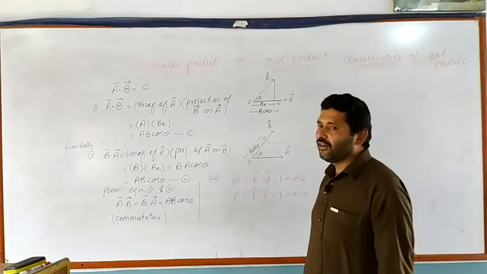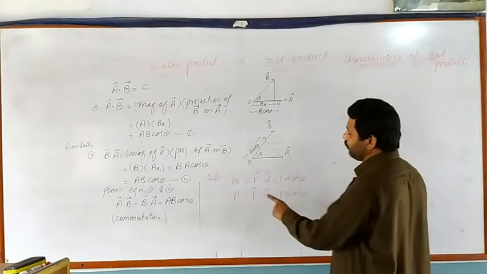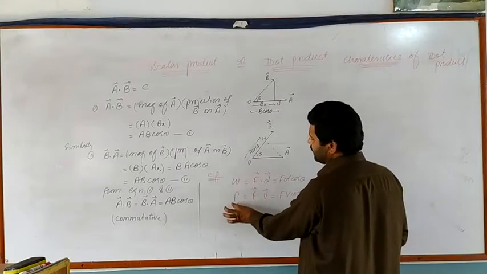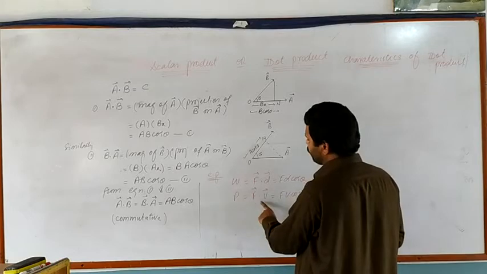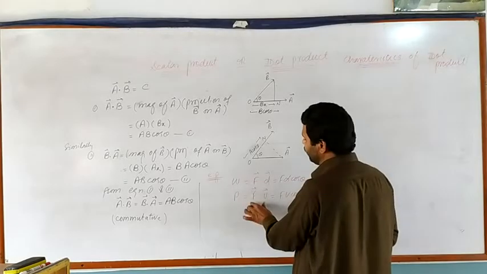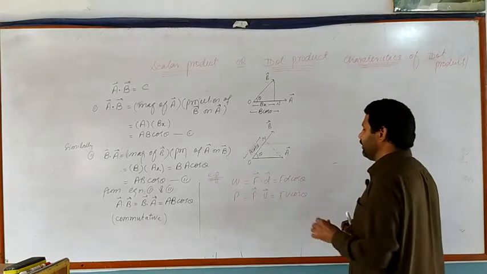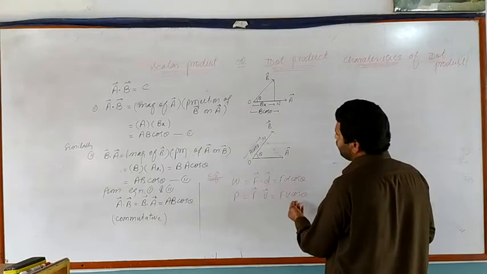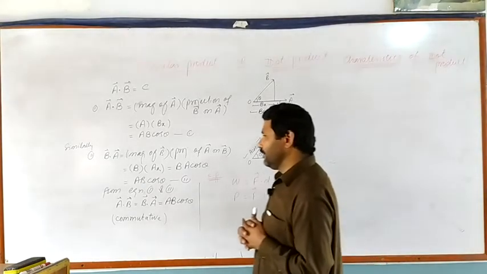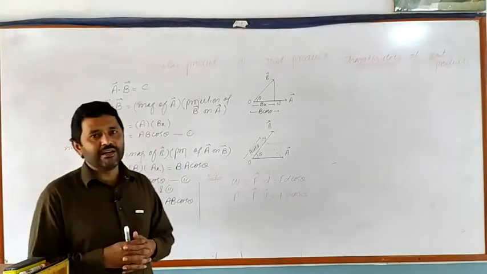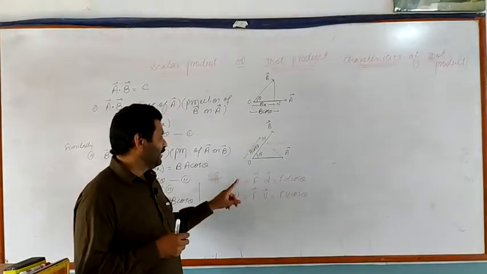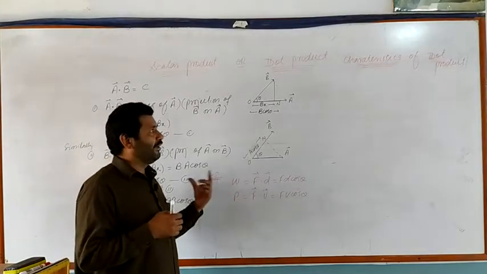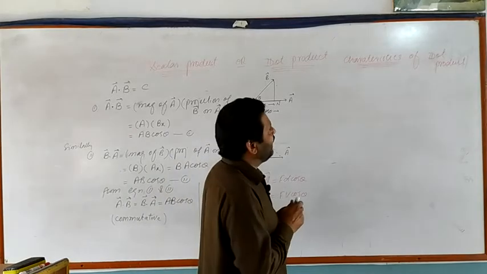Similarly, power is the dot product of force and velocity. Here force is a vector, velocity is a vector. As the resultant of multiplication of these vectors is a scalar, meaning power is a scalar, we will put the sign of dot between these two vectors, and by simplifying, the resultant will be equal to FV cos theta. Work and power are examples of dot product of two vectors because these two quantities, work and power, are scalar quantities.